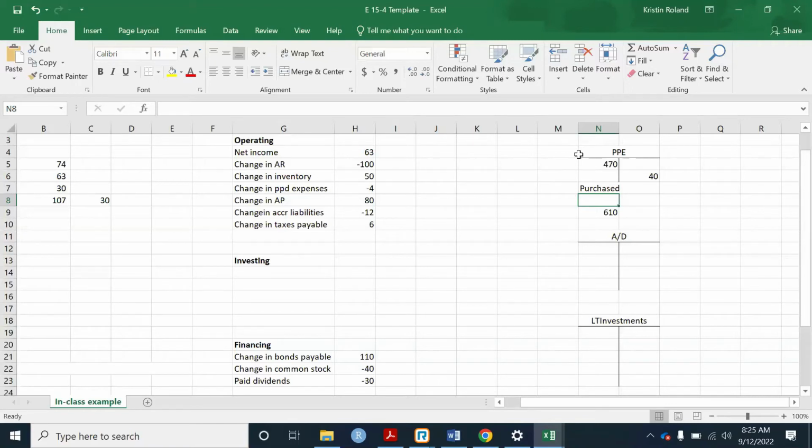To make it work, you want 470 minus 40 plus X equals 610. If you look at the second page, it says during this year we sold some equipment for $20 that had cost us 40. So that means that 40 was sitting in that original 470. Okay. So if we determine that this purchase number is 180,